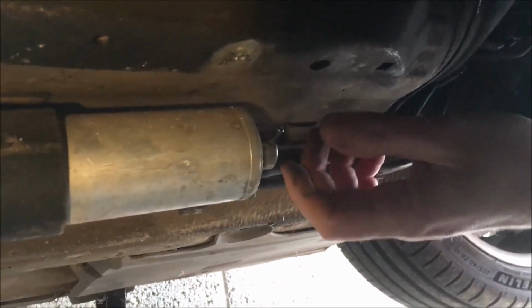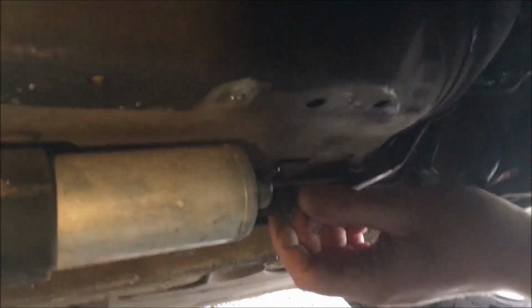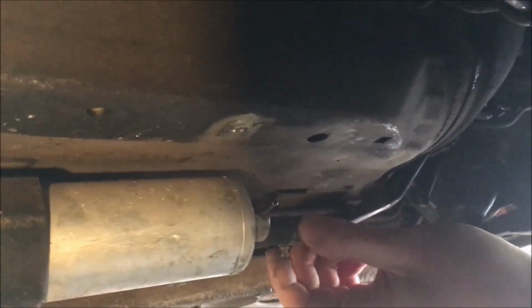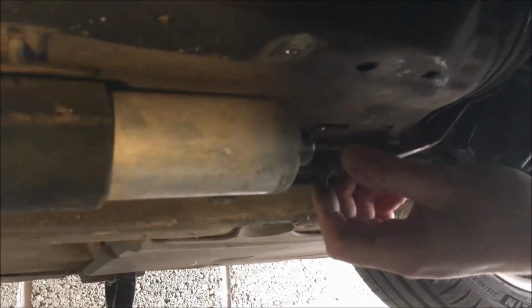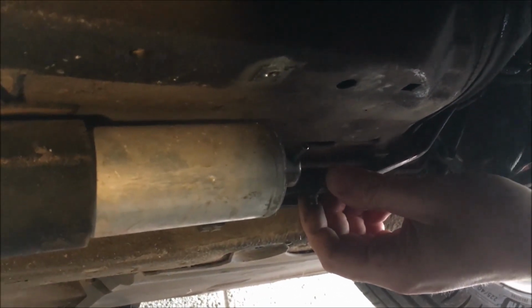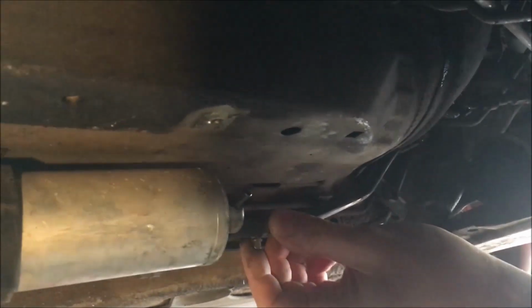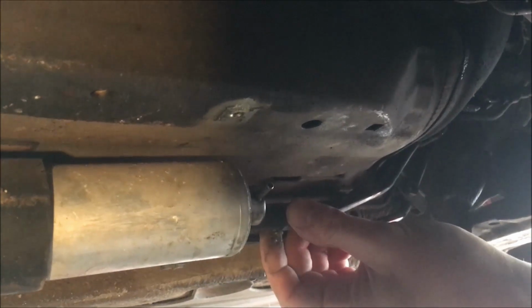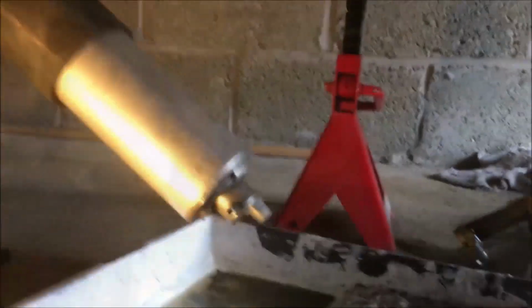Unfortunately I can't film while I'm doing it because the car, although it's up on axle stands, is nowhere near high enough for me to try and film. It's barely a couple inches above my chest, so ideally you want to get it as high as you can, but mine was already up, so I thought I'd try and struggle through. Okay, so there's the front